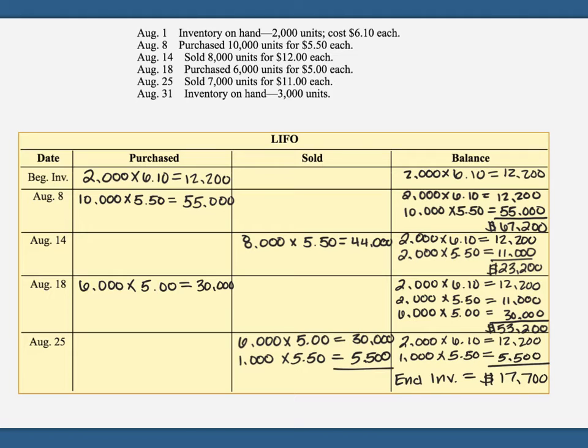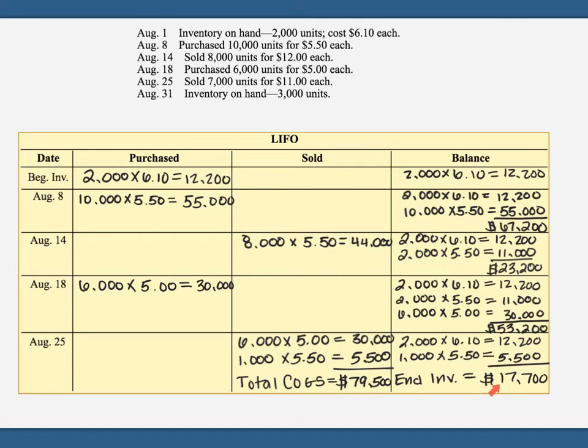And then over here, if we add up all our sales, so this will tell us our cost of goods sold. Because we sold 8,000, the cost was $5.50 for a total of 44,000. And then down here, the two sales we just had. If we add these three together, that will give us our total cost of goods sold. So total cost of goods sold equals 79,500. So this is what we would report on our income statement for cost of goods sold at the end